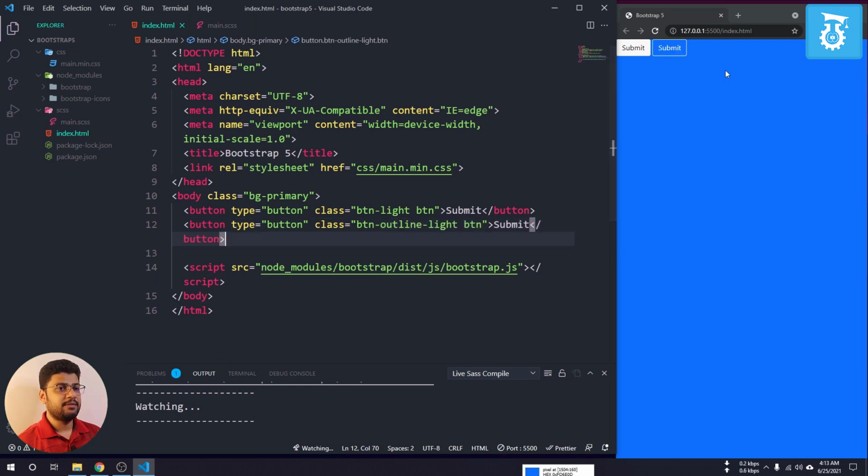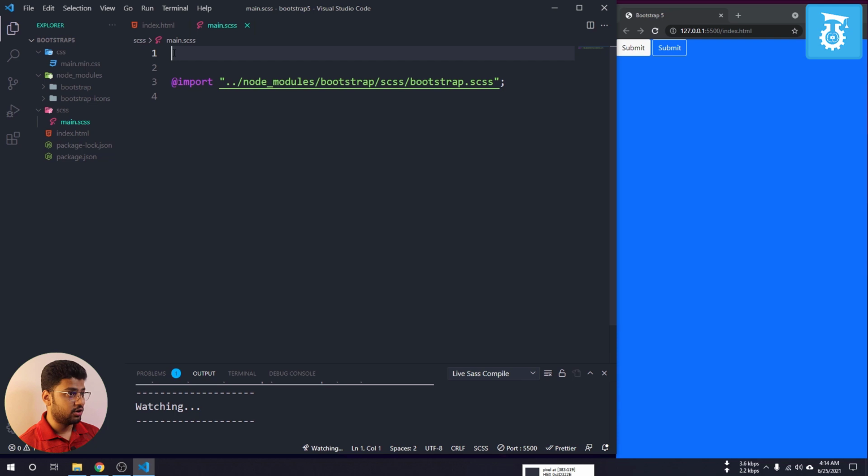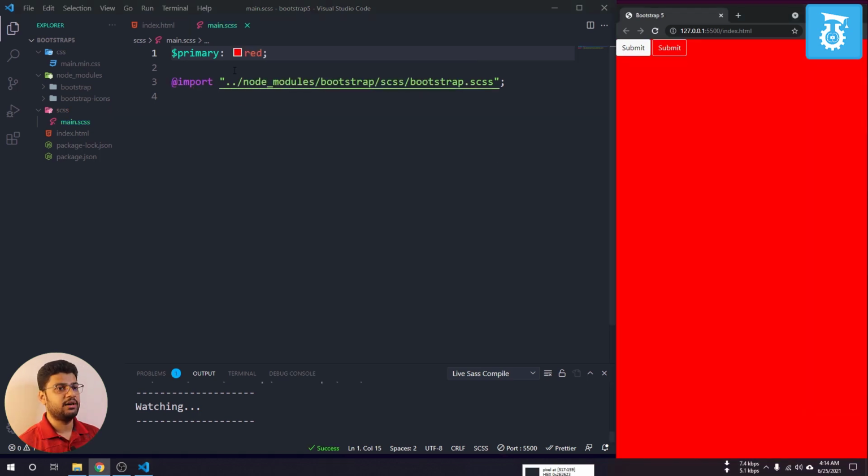So you can see I have two buttons, and also I have all colors from Bootstrap. Now if you're interested to change your primary color, you can actually take the class and then change it, right? But by using Sass you can do it very easily. If I copy the primary color from here, and I come here and add a $ sign and then primary, and I add the colon, and whatever color you want you can add. Like if I write here red, in that case you will see that our background color will be red. You can see, okay, so this is actually from Sass, and Sass changed my color.